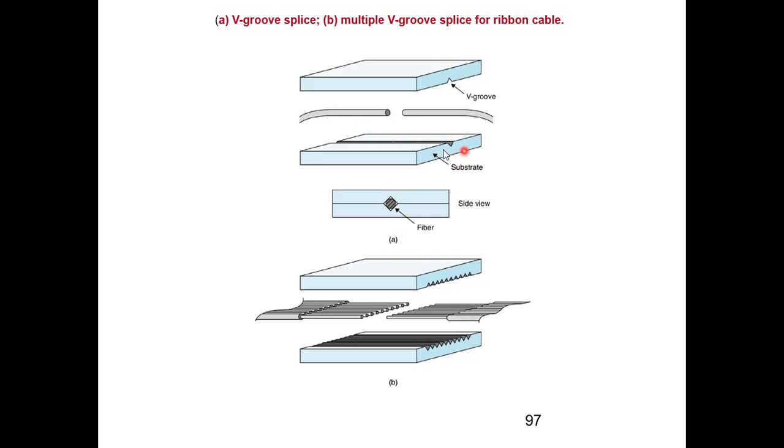So instead of joining a single fiber with a single V groove, because we have many fibers going in that bunch, I will have a plate with multiple grooves. So I can have the multiple fibers over here. I will connect them and again close it with another V groove plate. So I have a multiple fiber V groove plate. This is the third way in which I can join a particular fiber.